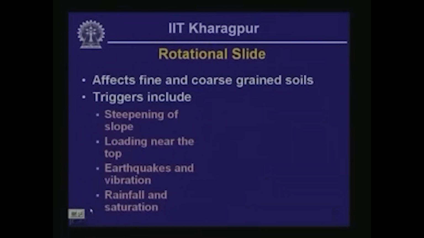Rotational landslide. These types of landslide typically affect fine or coarse grained soils. They do not occur so much in rocks. They are triggered because of steepening of slope, loading near the top, earthquakes and vibrations, and rainfall and saturation. How these mechanisms cause the landslide to get initiated, we are going to look at in the next little bit, but before that, let's look at the features